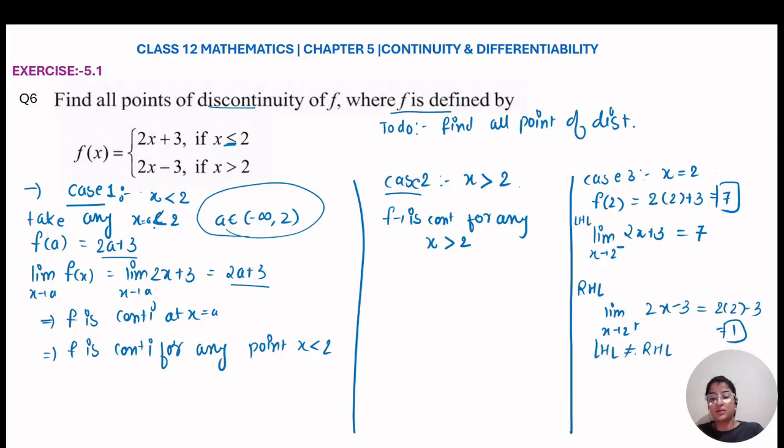So by this, the limit does not exist. When the limit does not exist, there is no chance to compare the limit value with the function value, because the limit itself is not existing. So the function is not continuous at x equals 2. So we have concluded that the only point of discontinuity is, I will write it on the next page for you, the only point of